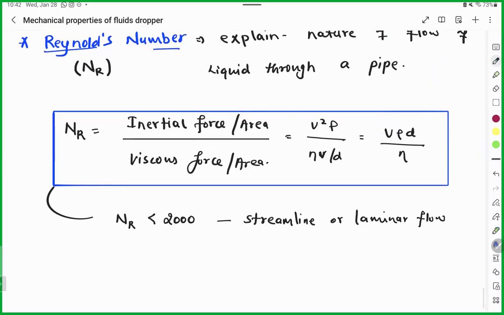If it is between 2000 and 3000, N_R lies between greater than 2000 and less than 3000, in this case, flow of liquid